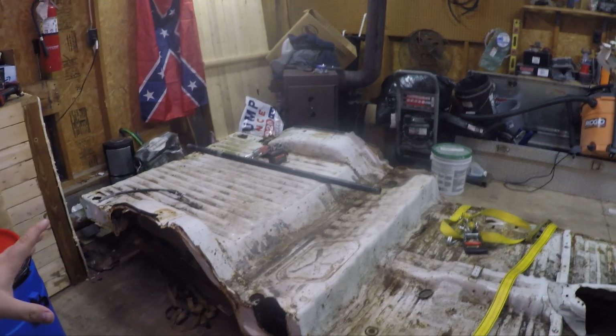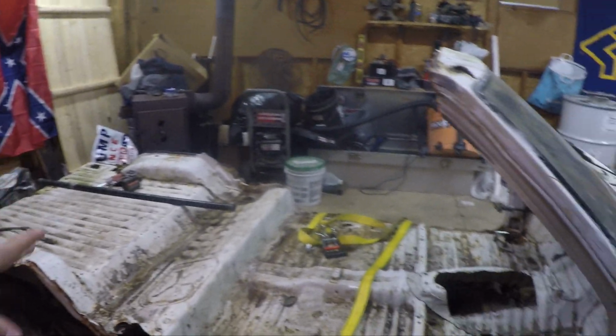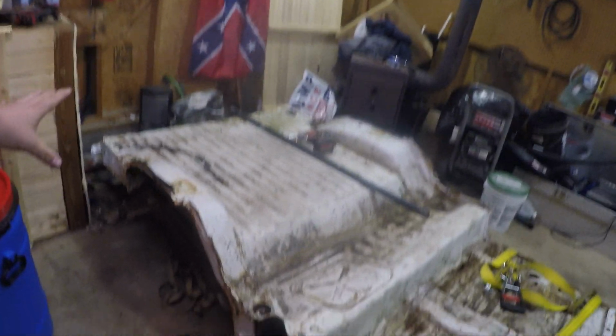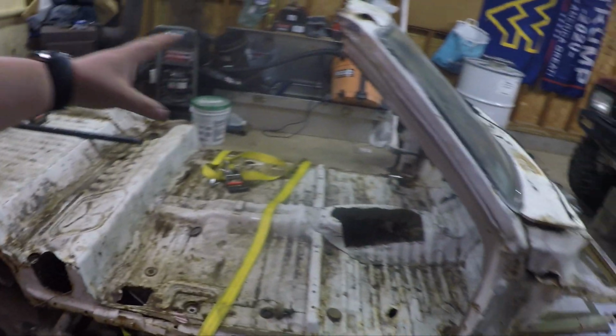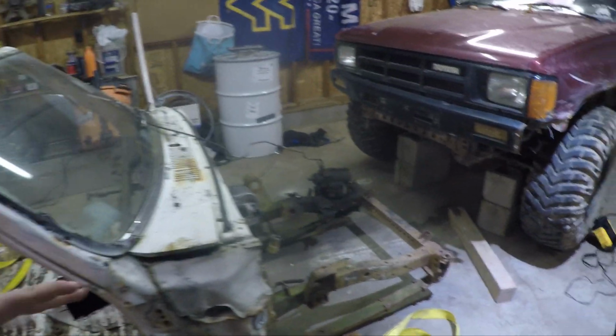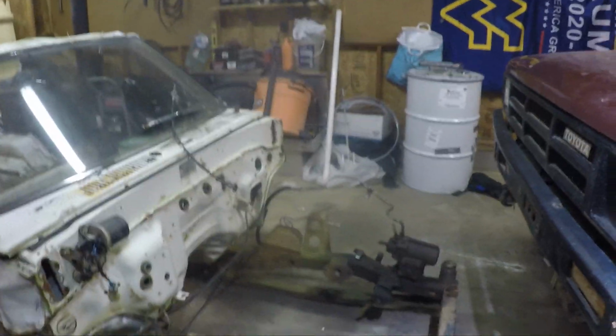But I am going to, real soon, I undid all the body mount bolts yesterday, and I have a buddy coming over tomorrow, hopefully, to help me separate them. But I am going to wire wheel and cut off anything I don't need off of the frame, and then coat it with paint and Por-15 or whatever, keep it from rusting away. Then it's going to sit here a while, because